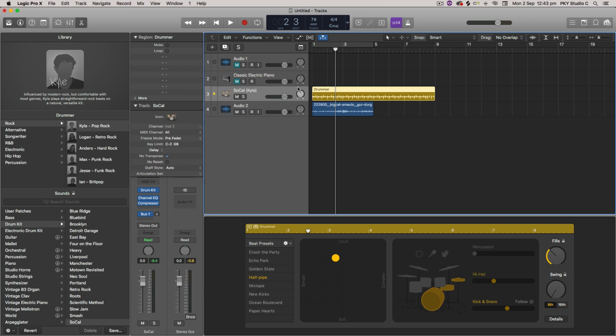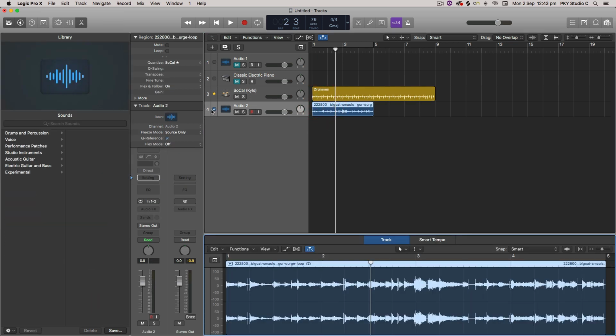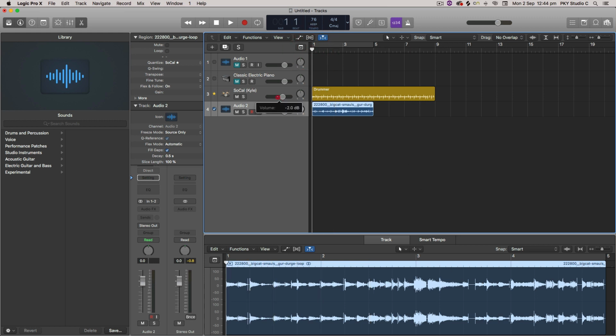And so this drummer region is now the groove track, and now anything else that I tick will follow along with the groove of that track. It will warp the audio slightly. So to show you that visually, when I click that, you can see that this waveform actually changes down the bottom. It's kind of warping it. So let's have a listen to those two together. So you can see it's really locked in the groove of this loop that I've got, which is really cool,